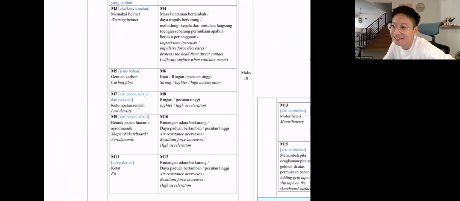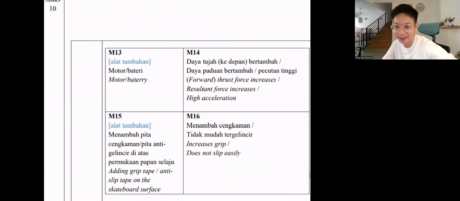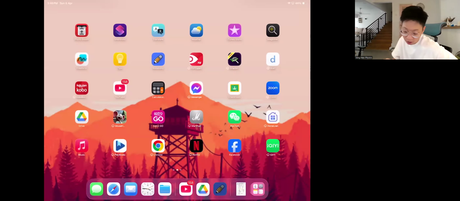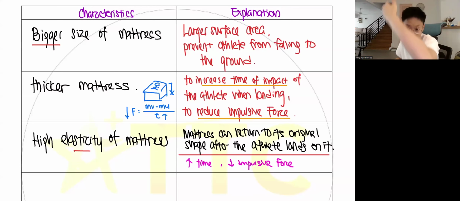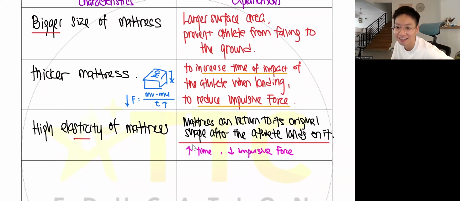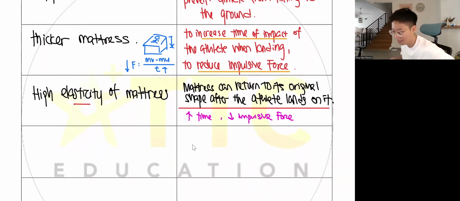Can you repeat the answer or not? High acceleration. But cannot lah. Not every time is high acceleration. If I ask you why you want a mattress to have high acceleration, whack your head. It depends on the question. Okay, can, if it is correct. Later I'll show you a wrong demo.